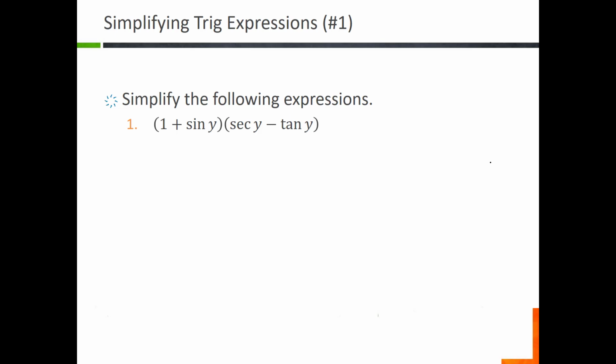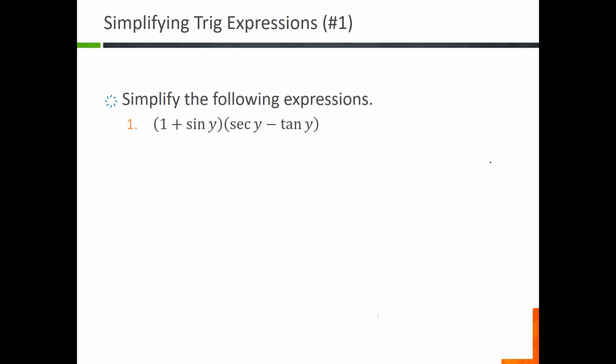You may find a completely different process. It'll probably have similar steps. Maybe it changes the order in which you do some steps. But again, there's no one single way to do it. There's multiple ways to simplify it. So again, my options are to make a substitution, to convert things to sine and cosine, or to do some algebra. Okay, so since I have the parentheses in here, let's go ahead and do